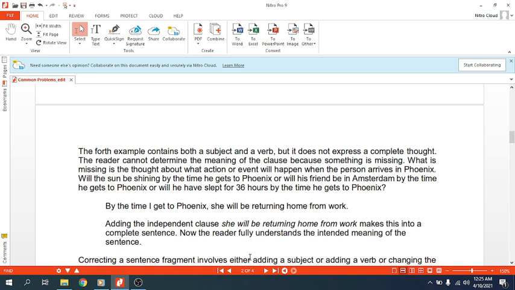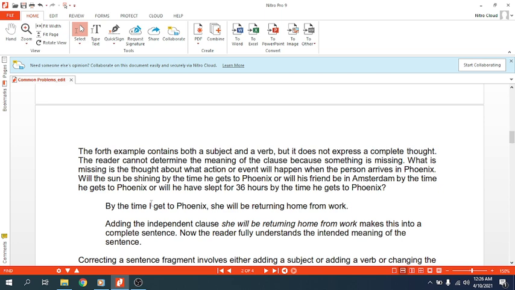Apakah kamu akan jemput saya? Apakah akan ada pesta kembang api? Apakah apa gitu ya? So di sini example-nya disampaikan, "By the time I get to Phoenix, she will be returning home from work." Jadi kalau kamu belajar tenses, kamu pasti tahu bahwa kata "by the time" itu digunakan untuk tenses apa. Ya, so be careful. Ini saya kasih sedikit clue gitu. Jadi kata "by the time" itu digunakan untuk tenses future biasanya.